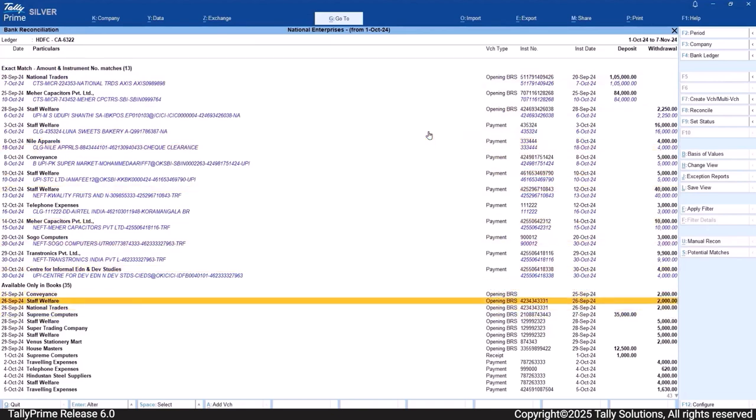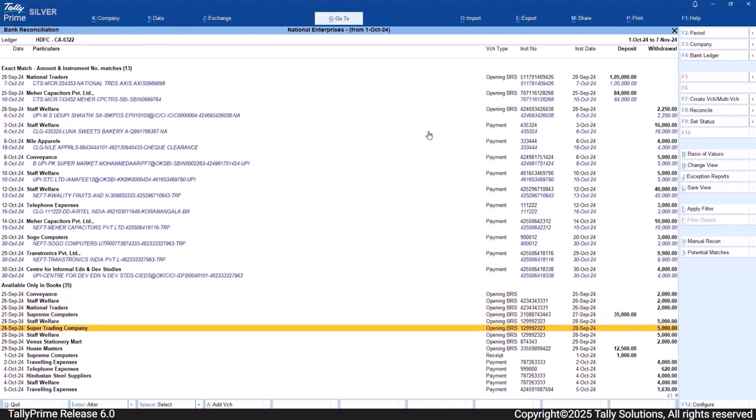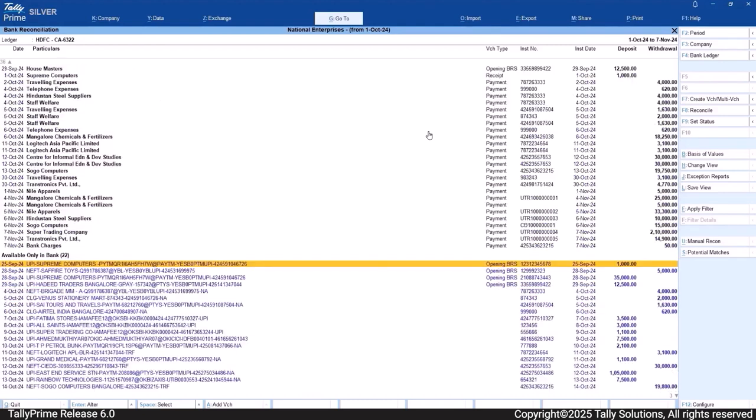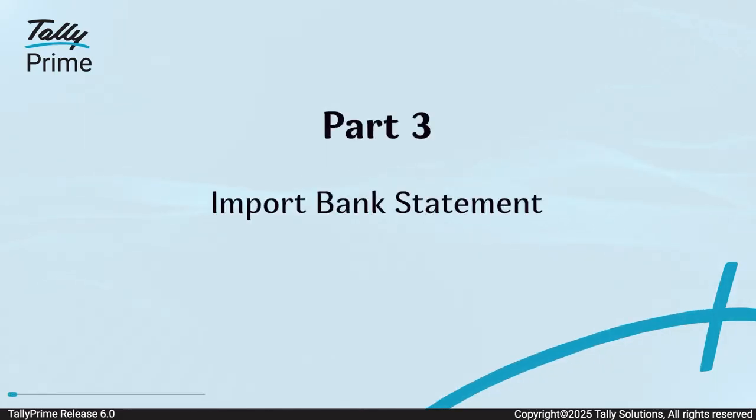If you split a company, the unreconciled transactions in Books and Bank will automatically appear as an opening BRS in the second child company. It is recommended to import your bank statement for a period before splitting the company data so that unreconciled bank transactions appear in the opening BRS. You can now import your bank statement for the period and reconcile your transactions.